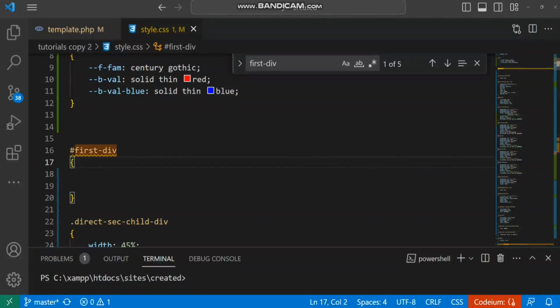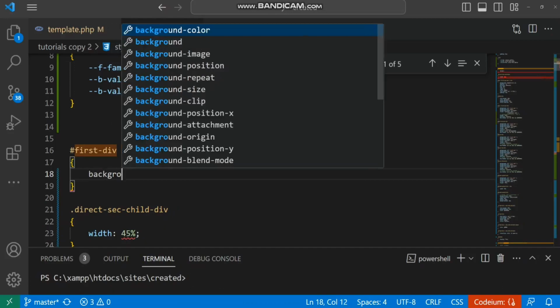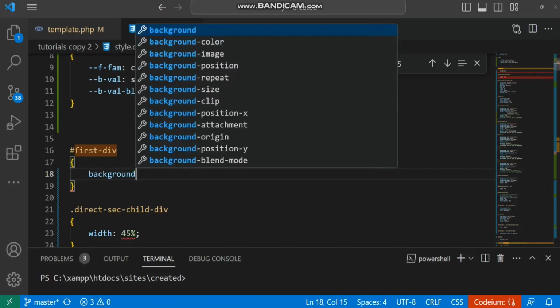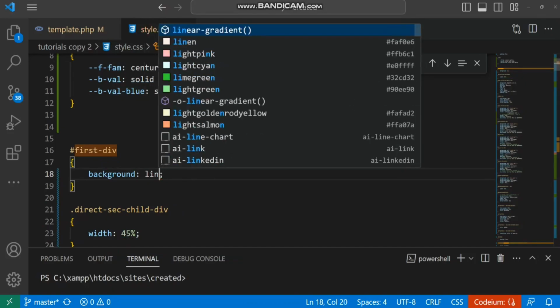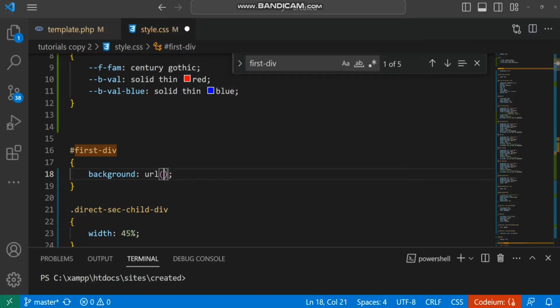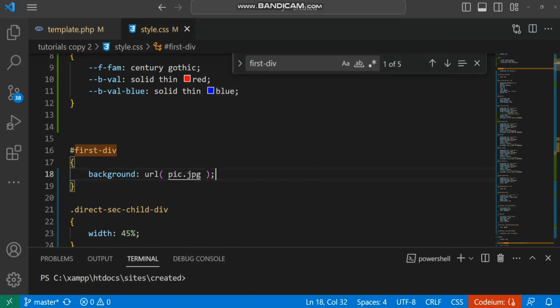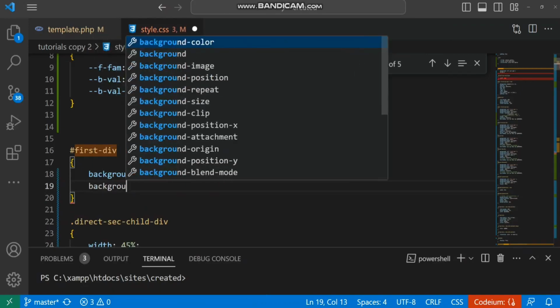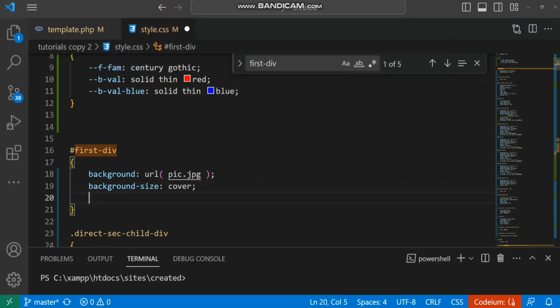The next thing we have to do here is we have to say background, of course, background. Okay, we then say linear, so we just say URL for now, and of course we are going with pic.jpg, yes, and I need background size, so it's a cover. Then I need background repeat, yes,